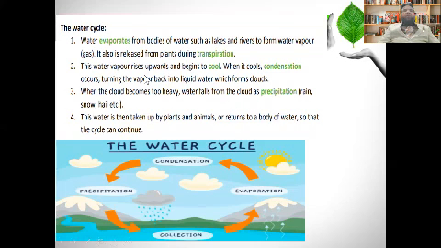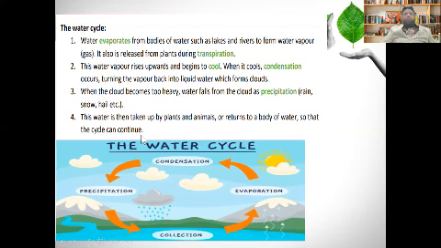Now, this water vapor rises upwards and begins to cool. When it cools, condensation occurs, turning the vapor back into liquid water, which forms clouds. So condensation, as you also know, is a process in which the water vapors are converted again into water. Now, when the cloud becomes too heavy, water falls from the cloud as precipitation, or rain, snow, hail, etc. This water is then taken up by plants and animals or returns to a body of water so that the